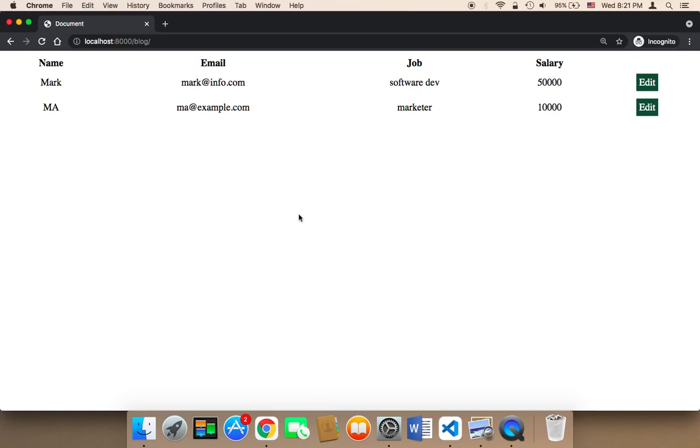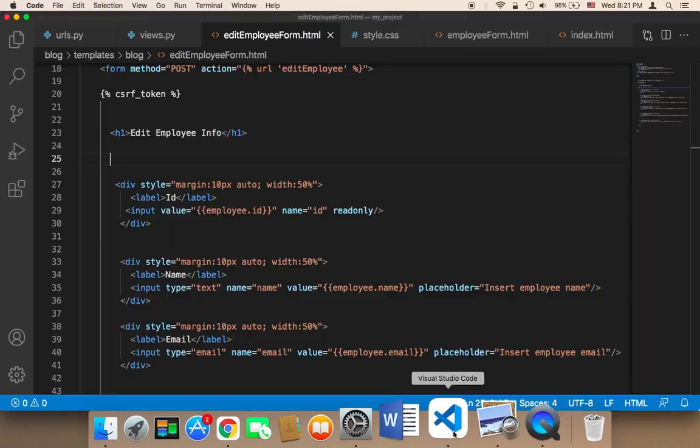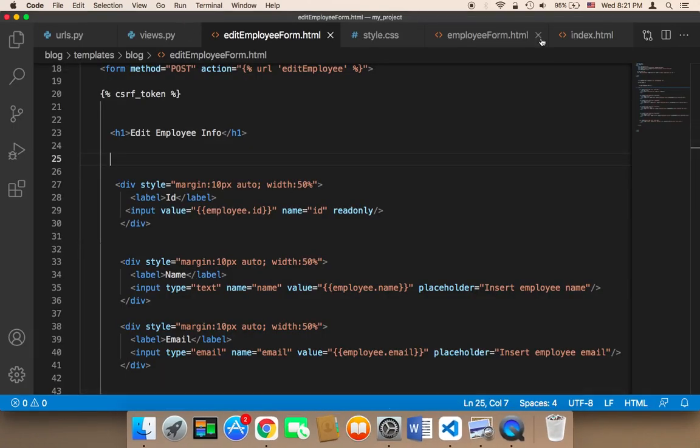So now suppose that an employee resigned and you want to delete their information from the system. How can you do that? To do that, I'm going to add here a button that's going to allow you to delete any employee from the system. So what I'm going to do is head on over to the index, and